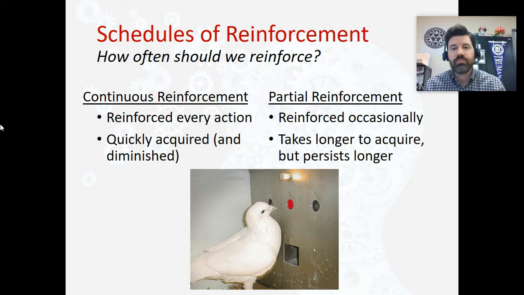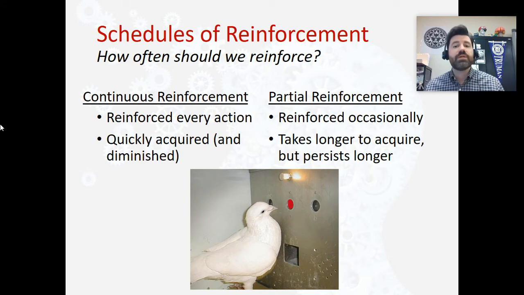When I was potty training my children, we started with continuous reinforcement. We got a big old bag of M&Ms, and every single time my son or my daughter went to the bathroom in the toilet, we'd give them an M&M. And they quickly realized that if they wanted to get a little piece of candy, all they had to do was go sit on the toilet and go to the bathroom, and they'd get a piece of candy. Then after a few days, we transitioned from this continuous reinforcement, where they got a reward every single time they did an action, to a partial reinforcement, where we would say, okay, here's the deal. You need to go to the bathroom 3 times in a row.